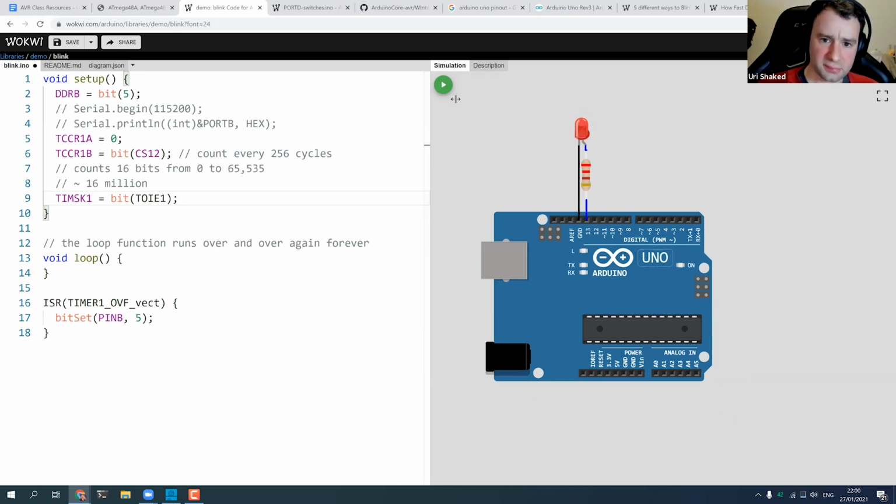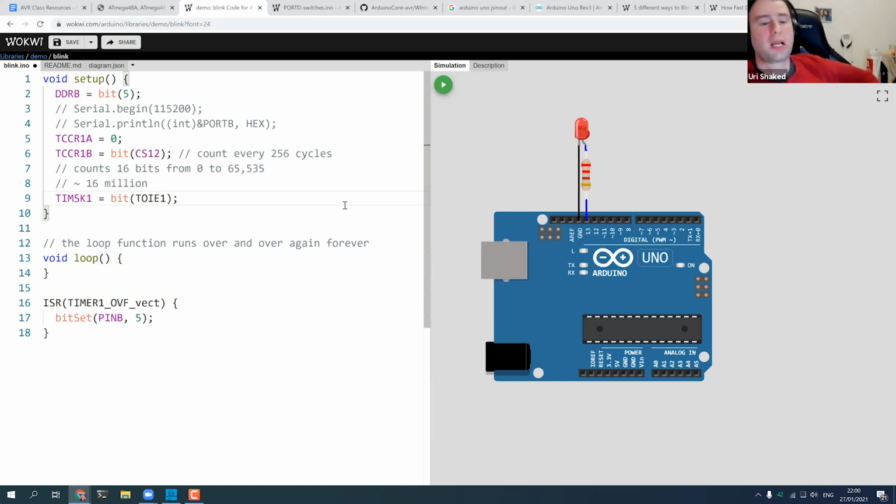So this was a real quick introduction to using the timer to count clock cycles. I think now is a good time to move on to the Q&A session. For the timers, we still have more things to learn, so I hope you will join the next class where we will dive into the timers. And then after going more deeply into timers, we'll start talking about the assembly language of the AVR.